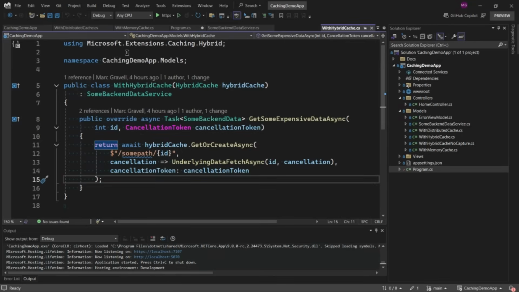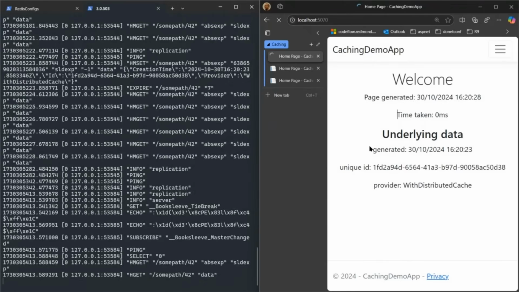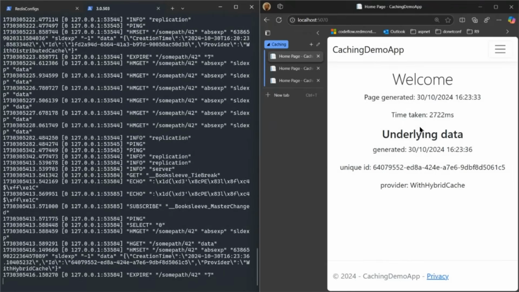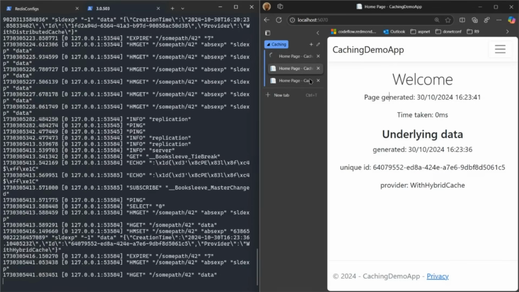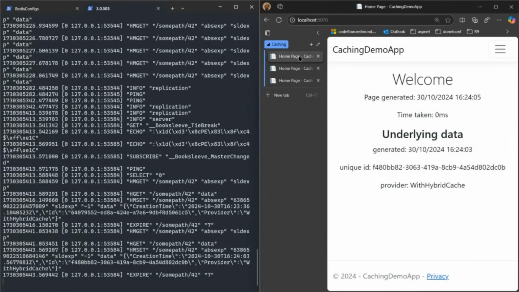And if I restart it, it's still going to take 2.5 seconds to do the first page, because we still need to do the work once. But now, if I do these other pages, they took 0 milliseconds, so they haven't done the work, and they've got the same GUID. So we know for sure they haven't done the work. But you'll notice on the left here, it didn't do any Redis calls. It stored the data down, but on a per page basis, we haven't done anything unless I let it expire. And again, I can just go through these, and they're going to take 0 milliseconds,